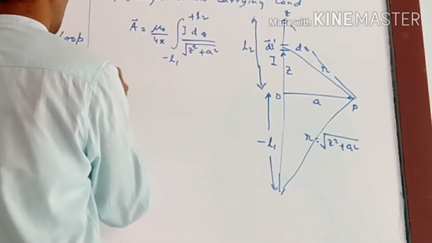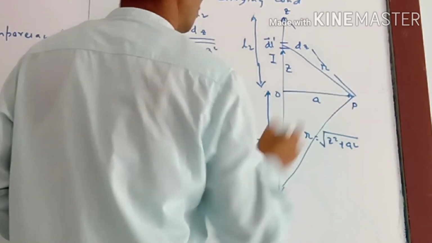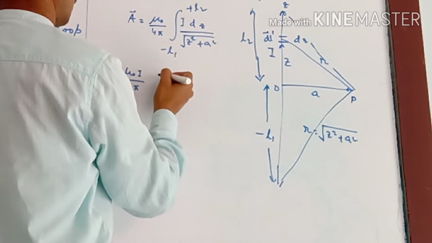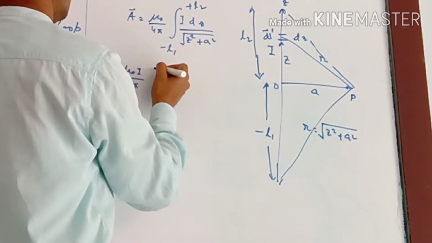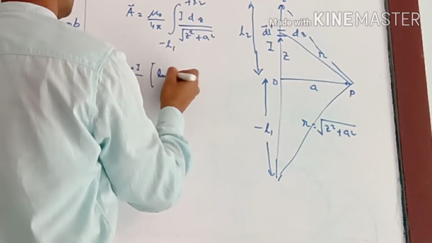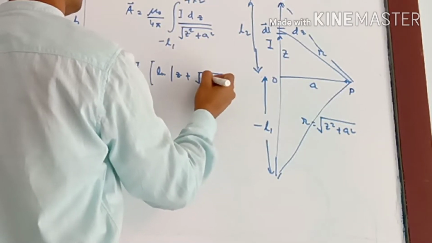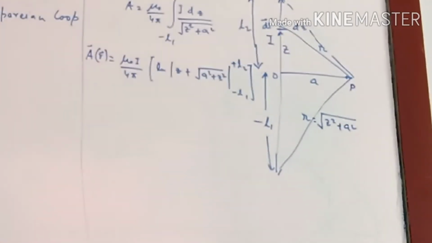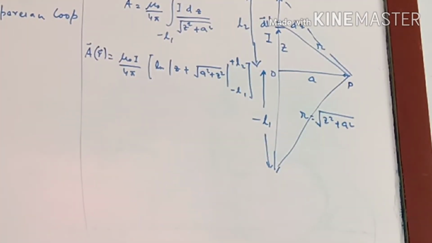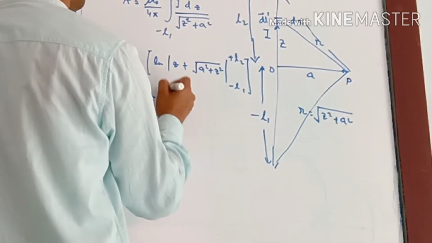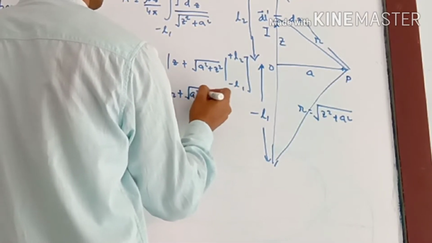So A at the point P, the vector potential at the point P, can be evaluated like this. Mu naught I by 4 pi, and you can write the integral as a standard integral, ln of z plus root over of a square plus z square, from minus L1 to plus L2. So we can very easily substitute the limits: mu naught I by 4 pi and ln of L2 plus root over of a square plus L2 square,